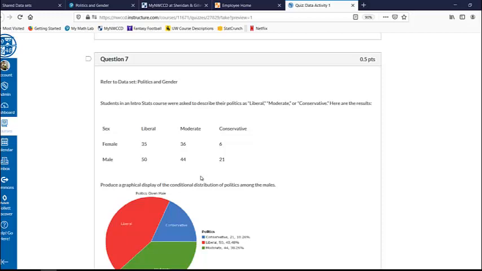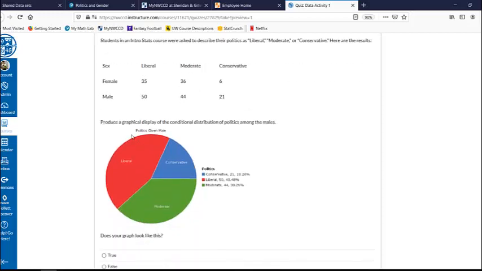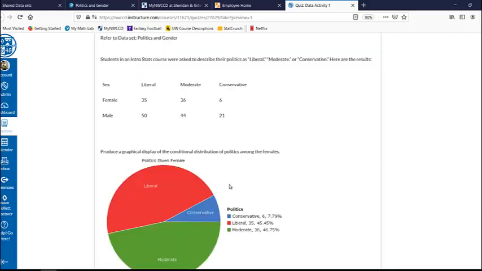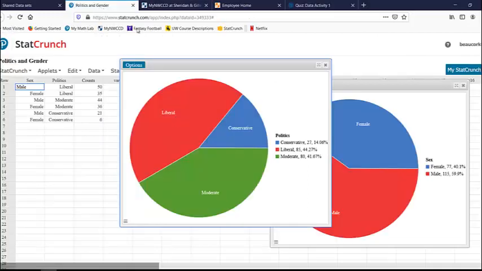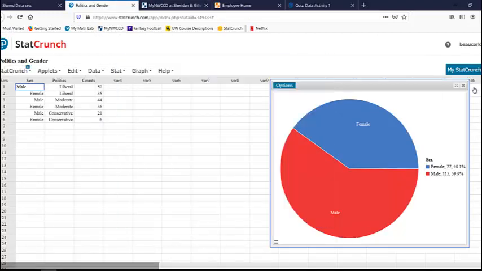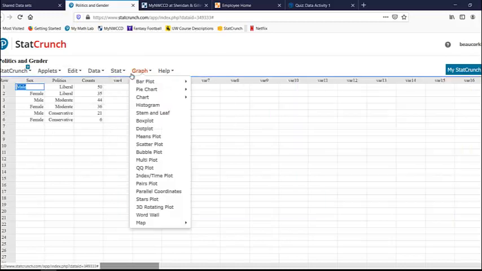Students in an intro stats course were asked to produce a graphical display of the conditional distribution of politics among males. So this, once again, is a given. Politics among the males. Notice the next question is politics among the females. These are those conditional pie charts. In order to make those, pie chart